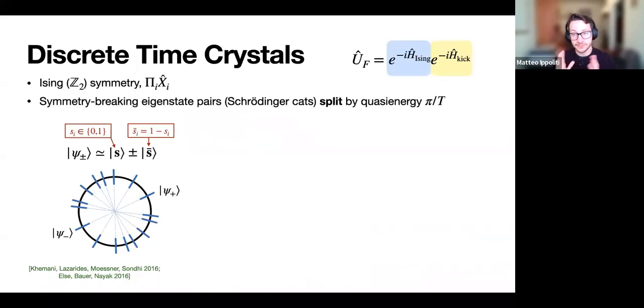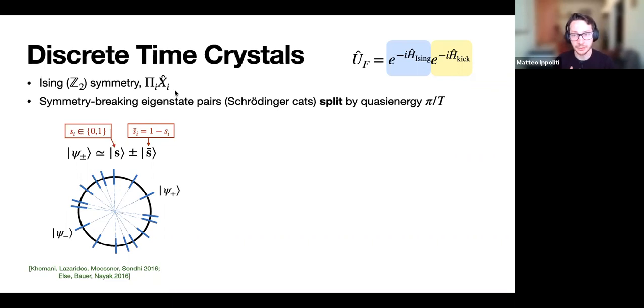Okay, so let's, for simplicity, turn off the longitudinal fields that one has normally in the Ising term. And in doing so, we restore an Ising symmetry, this Z2 symmetry that amounts to flipping all of the spins by a sigma x, so negating all of the computational basis states. In that case, let's say a Hamiltonian system, it's possible to have, for example, ferromagnetism. So the ground states of the Hamiltonian with this Ising symmetry can be Schrodinger cat states of all up plus or minus all down, all 0 plus or minus all 1.